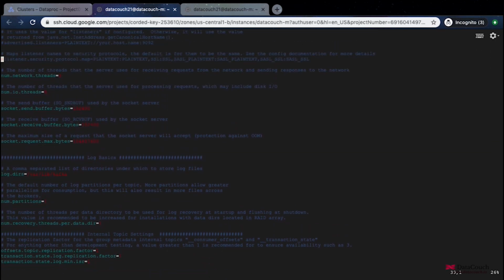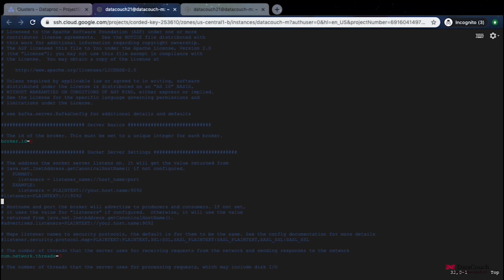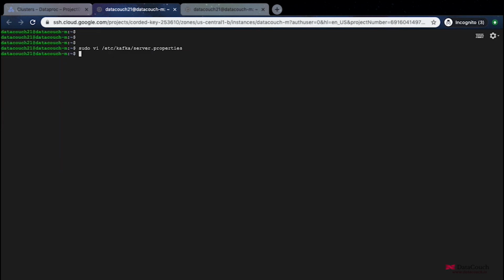So let's write down somewhere here the property delete.topic.enable=true. Explicitly I am specifying it, and this is what it is expecting. I will just press Escape and :wq!. So this is saved. At the same time, I will restart my Kafka daemon also, because it is not a dynamic property in Kafka. So I'll just restart the Kafka daemon.